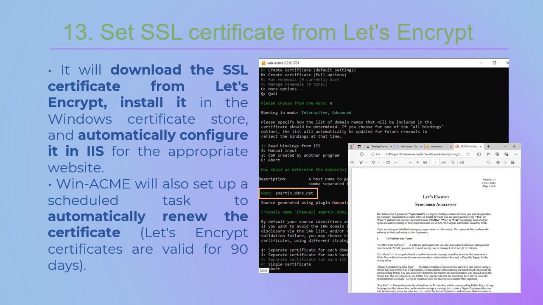It will configure Internet Information Services to use the SSL certificate for our website. And additionally, WinAcme will set up a task that automatically renews the certificate every 90 days because certificates from Let's Encrypt are valid only for that period.